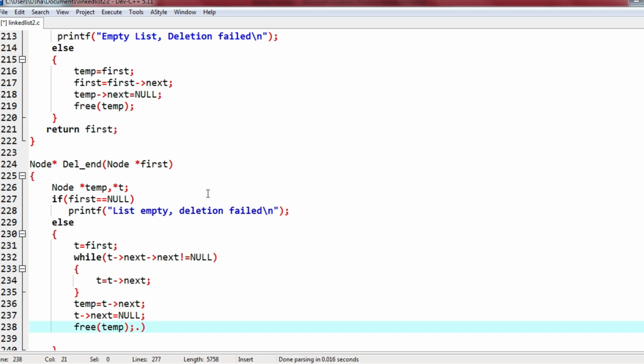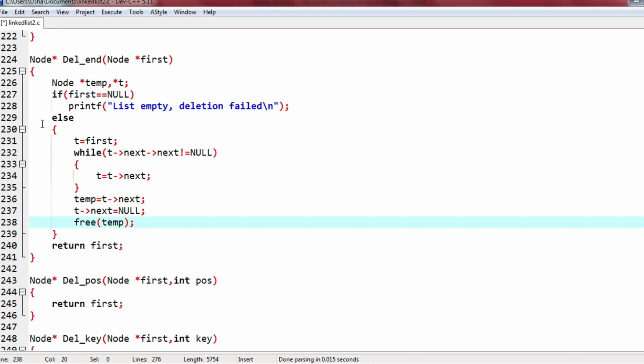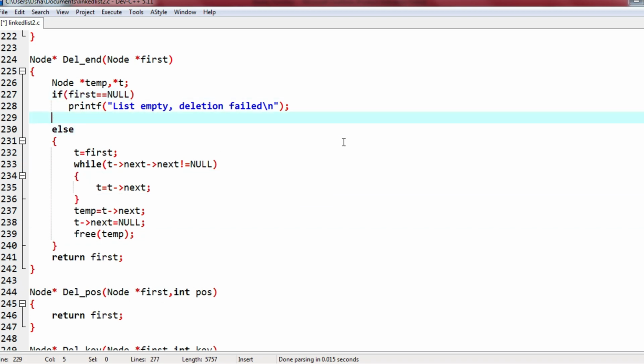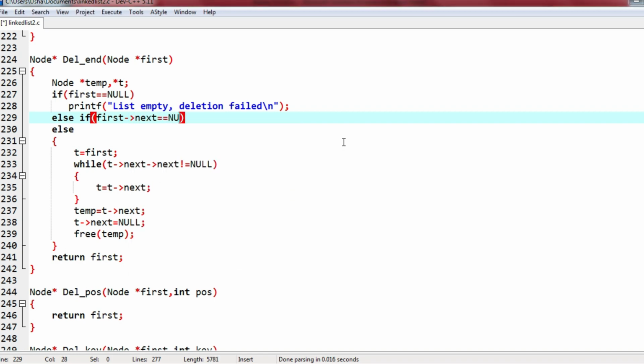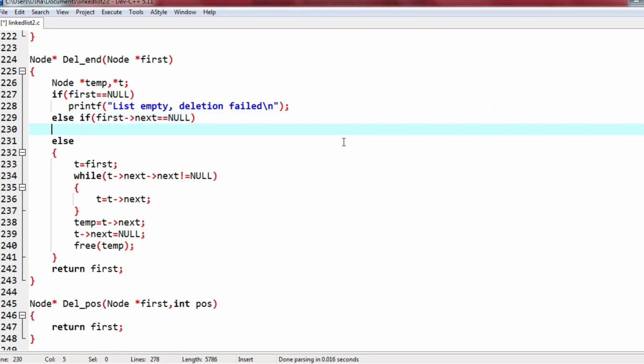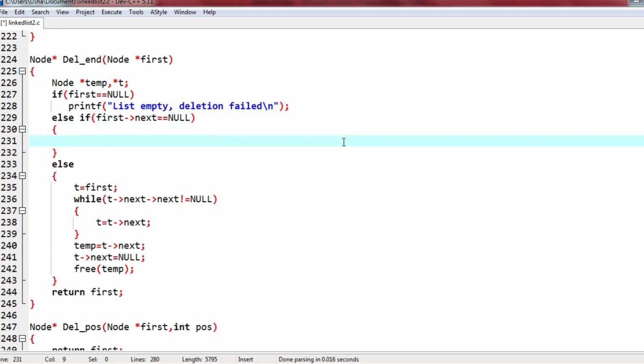So let us check whether this is working fine or not. Before this, we need to check one more condition, that is else if first next equals to null, means I have only one element in the list. Okay, understand? If first equals to null means list is empty, so there won't be any deletion happening.